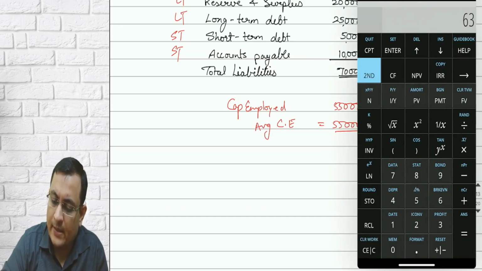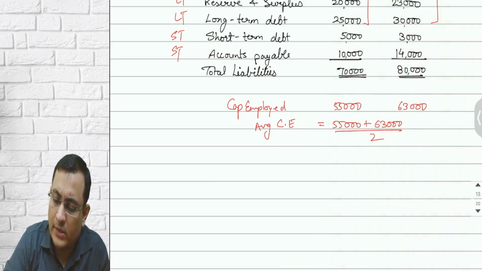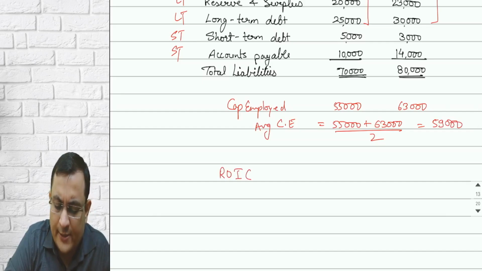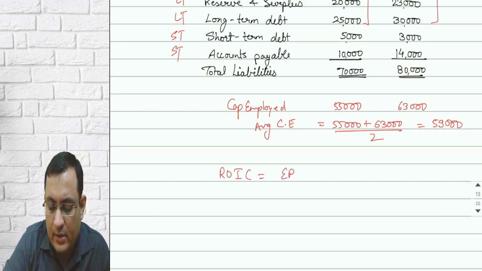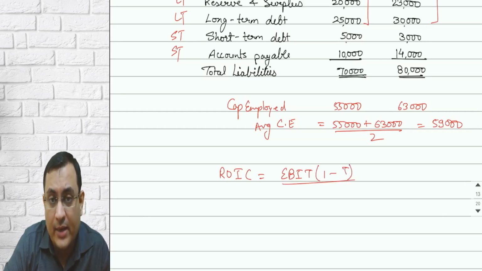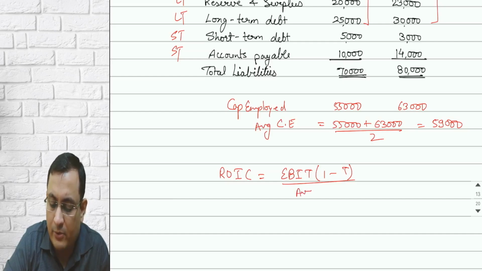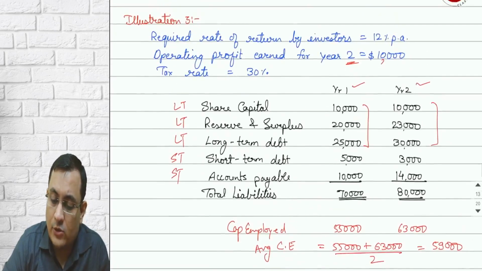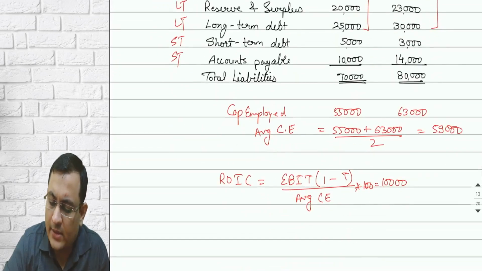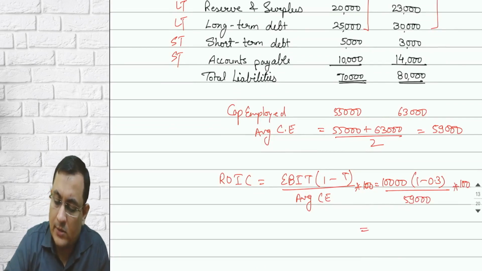(55 + 63) / 2 = 59,000 is my average capital employed. What is my ROIC? Return on invested capital is net operating profit, EBIT (1 minus tax), that is net after-tax operating profit, upon average capital employed. This equals 10,000 multiplied by 100. So 10,000, tax rate is 30%, on 59,000 into 100. This is going to give us